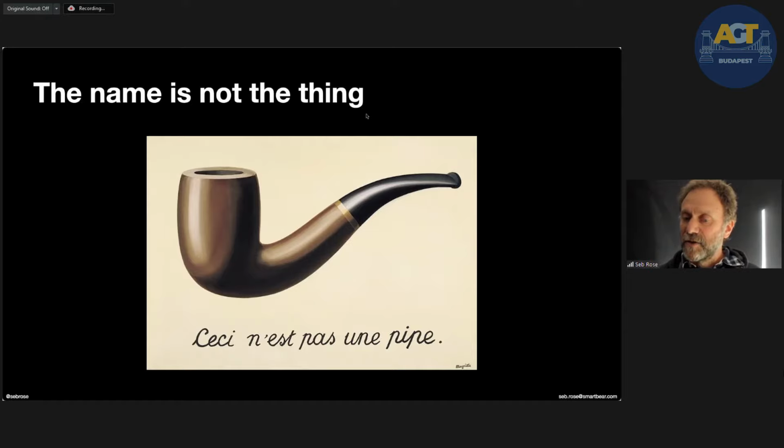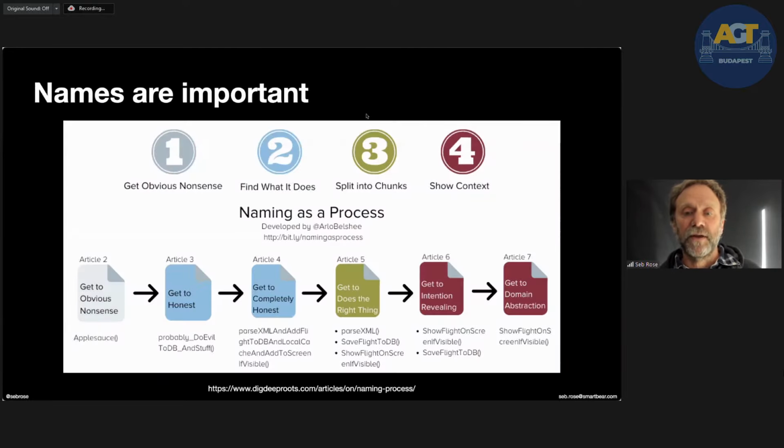We have to understand that names are only useful if they accurately describe the thing that they are trying to achieve. That's not to say that names aren't important. Names are important. This is a graphic that I've taken from Arlo Belshee, whose excellent article, Naming as a Process, excellent series of articles I highly recommend to everybody to read. And there, he believes there are 7 stages to naming. But the one that I want to call out here is the one that comes in Article 4,